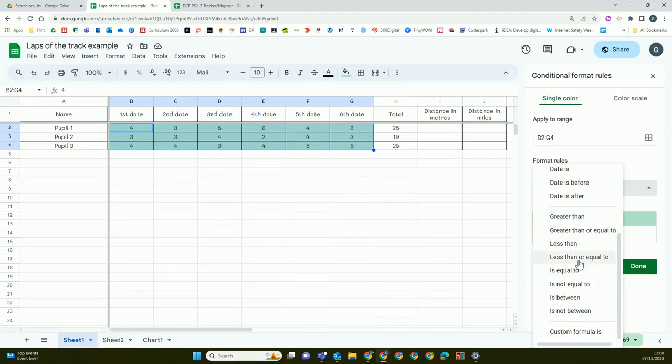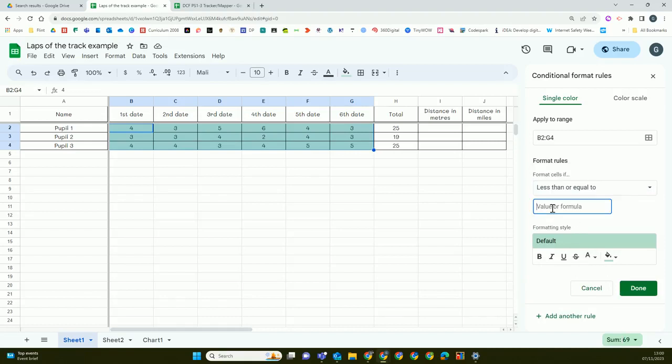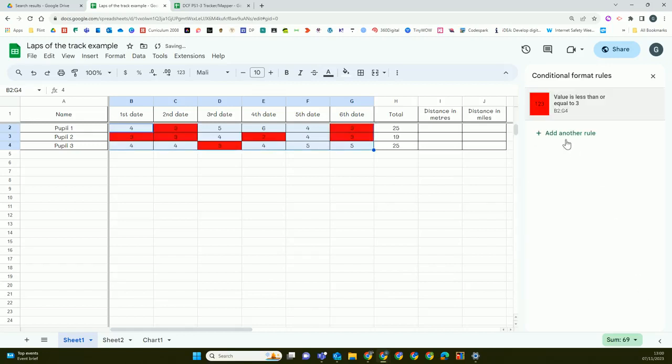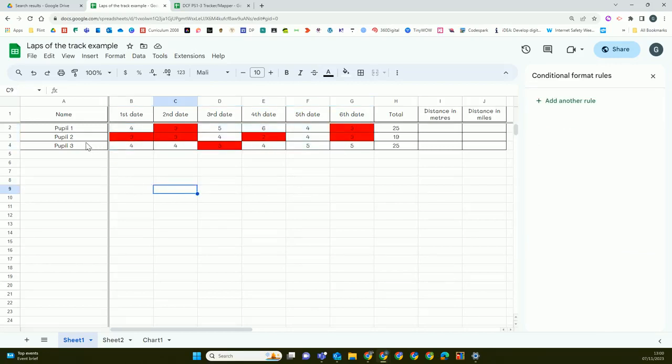So if I've got is less than or equal to, and then I select my value, 3, I may choose that I want that to be red, and I can then add other rules that will apply to the other pieces of information. And then finally, the last thing that learners may need to be able to do is to